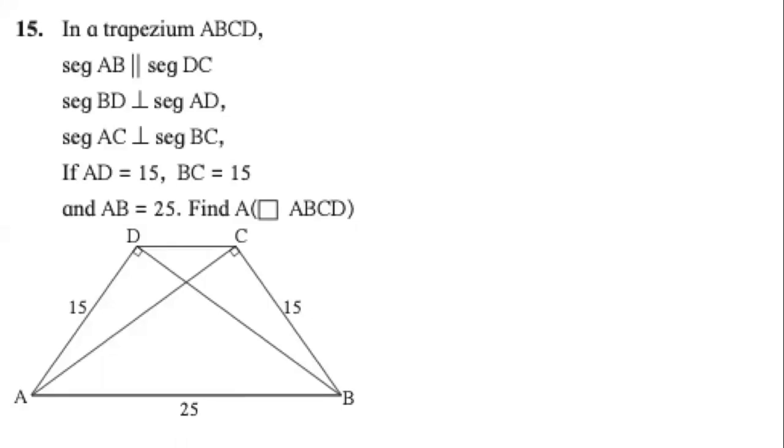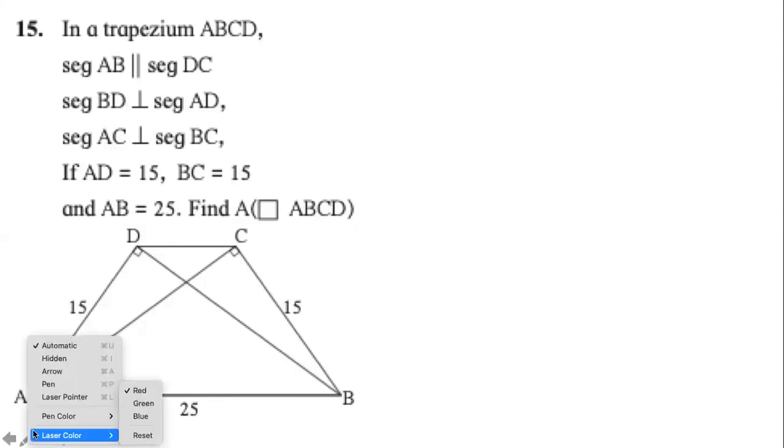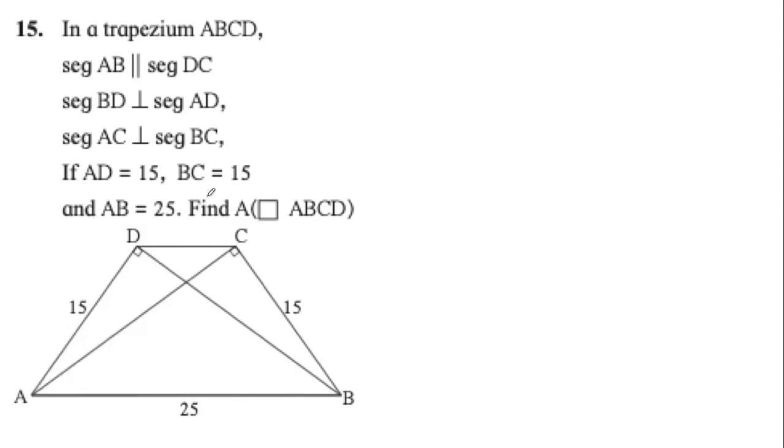We are starting with a trapezium. We are not starting with a triangle. We are not starting with a parallelogram or rectangle or square that we have done so far, but we are starting with a trapezium. A trapezium is a quadrilateral in which only one pair of opposite sides are parallel, not the other two. So in this, segment AB is parallel to segment CD. You can see in the diagram, the top side and the bottom side are parallel to each other, whereas AD and BC are not parallel to each other. So this is a trapezium.